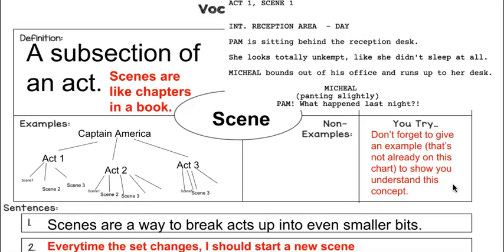And that's when you would also, just like the picture, have a new slug line and a new action every single time. So if you have Act 1, Scene 1, slug line, action. Then I have Act 1, Scene 2, slug line, action. That's how it's going to be every single time. So I obviously have this little breakdown here, but this is a pretty normal breakdown for a movie like Captain America. I could break it into 3 parts, beginning, middle, end, and then I could break those bits into smaller bits, which are then scenes.